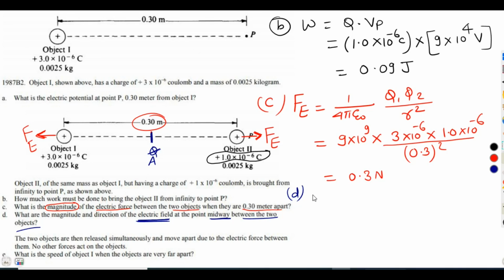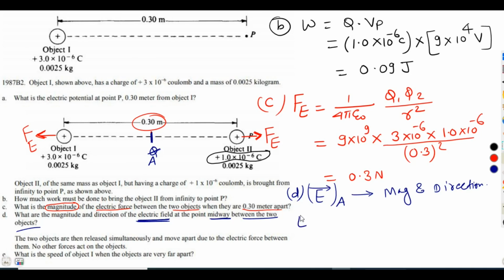So we have to find the electric field at point A. It should have magnitude and direction as well. We have to find both. Electric field is also a vector quantity, so it is obvious that to describe the electric field we have to describe both magnitude and direction. So let us find its magnitude.